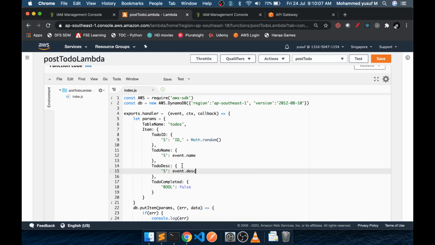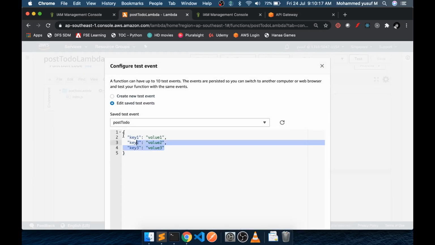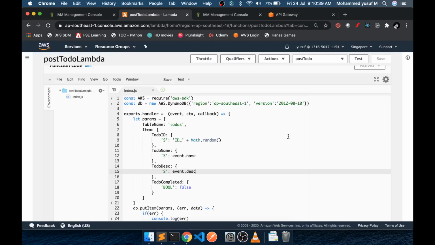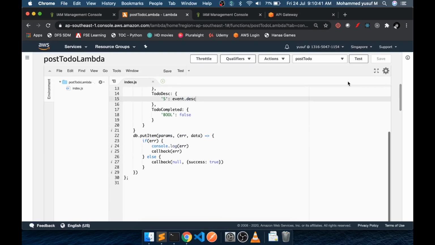Okay, so now we are expecting an event object to have a name and description, which means we will save this and then go to the test case and configure the test event, and we say we're going to need a name, dynamic todo, just a fancy name, and some description. Okay, we just save it, and we're going to test it.